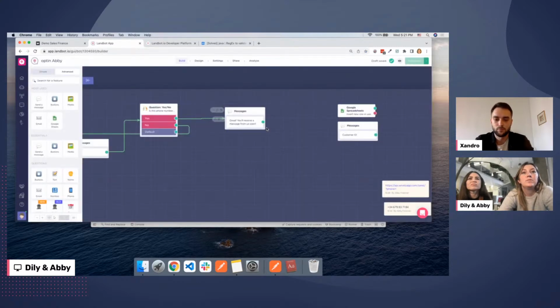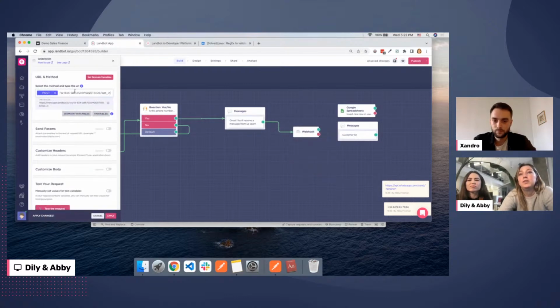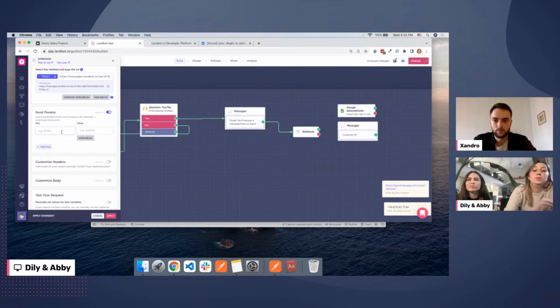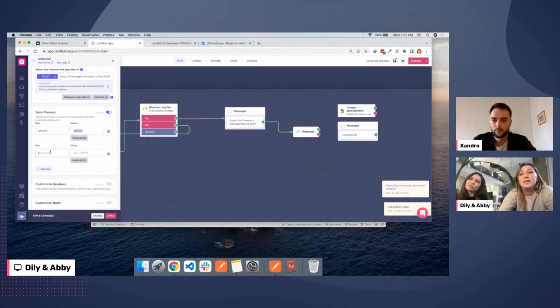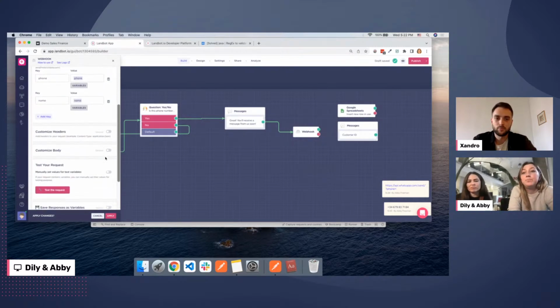Here, opt-in. And let's go to webhook. This is a RESTful API, so I'm just going to put it there. And for this specific one, I don't need any authorization, but I do need to send the parameters, one of which will be phone, and they'll be added to the endpoint. So I'm just going to select the variable phone. And then I'm going to add name because we asked for that anyways. And you can include here whatever you want. So if you have any extra information, you can send it as well.